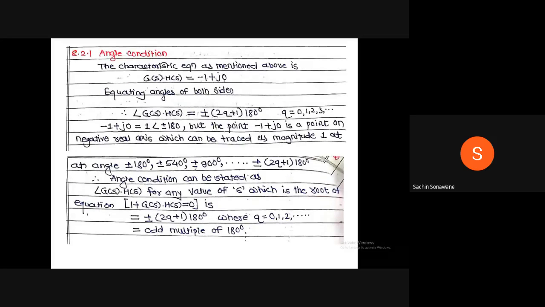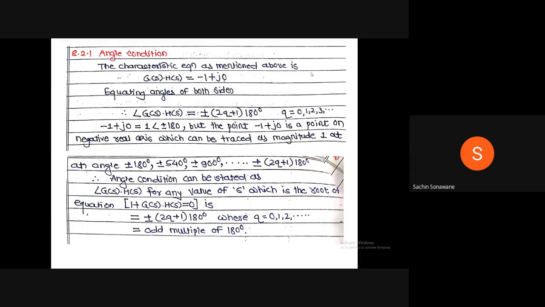Now what is my angle condition? The characteristic equation as mentioned above is G(S)H(S) = -1 + j0. Equating angles of both sides, therefore, angle of G(S)H(S) is equal to plus minus (2q + 1) into 180 degree, where q is equal to 0, 1, 2, 3, 4, up to infinity. Minus 1 plus j0 is equal to 1